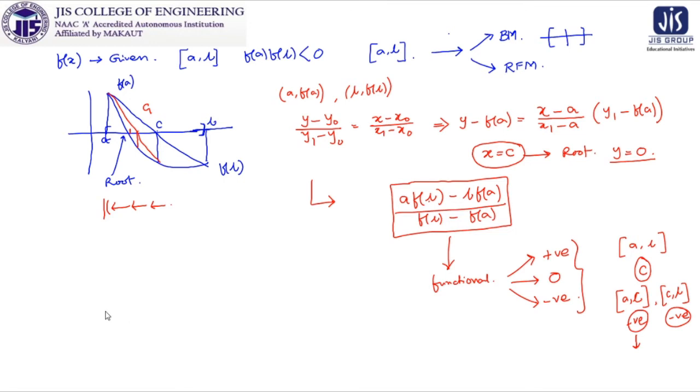So finally, if we move to the final calculation, we can write our working rule as x2 is equal to x0 minus... Actually, in the context of the regula falsi method you can simplify this, or you can use this particular working rule for your final purpose. I have started with x0 and x1 and I am calculating x2 with the help of x0 and x1, and my working rule will become like this.